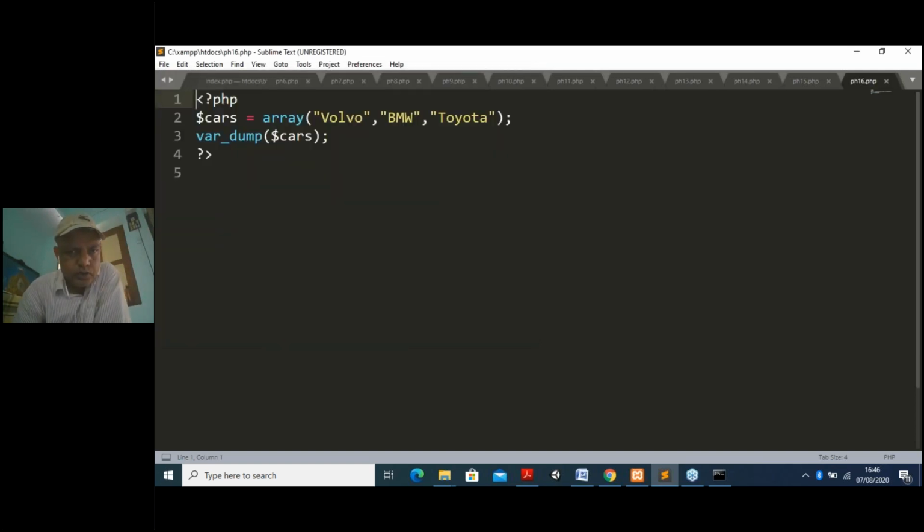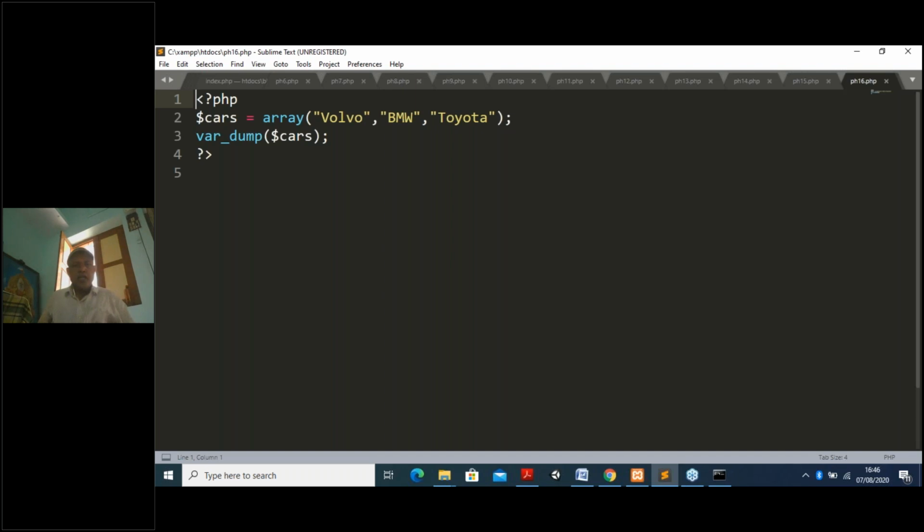It is showing I have declared a variable cars, and I have declared it just like an array. You know how to declare an array. In the array, similar types of things are there: Volvo, BMW, Toyota. All computer science people want to get a job in MNC companies immediately, and in the first year they want to purchase some cars. So now you have to decide whether you will go for Volvo, BMW, Mercedes, or Toyota.